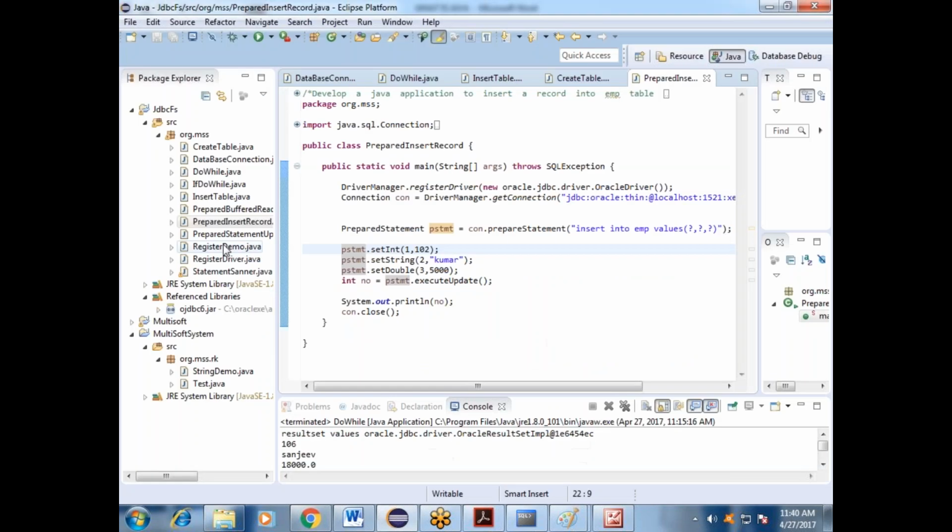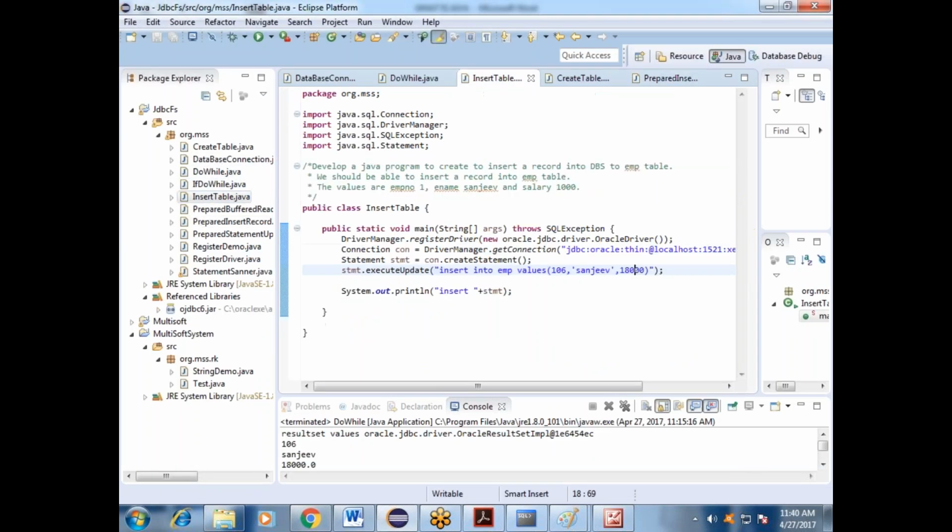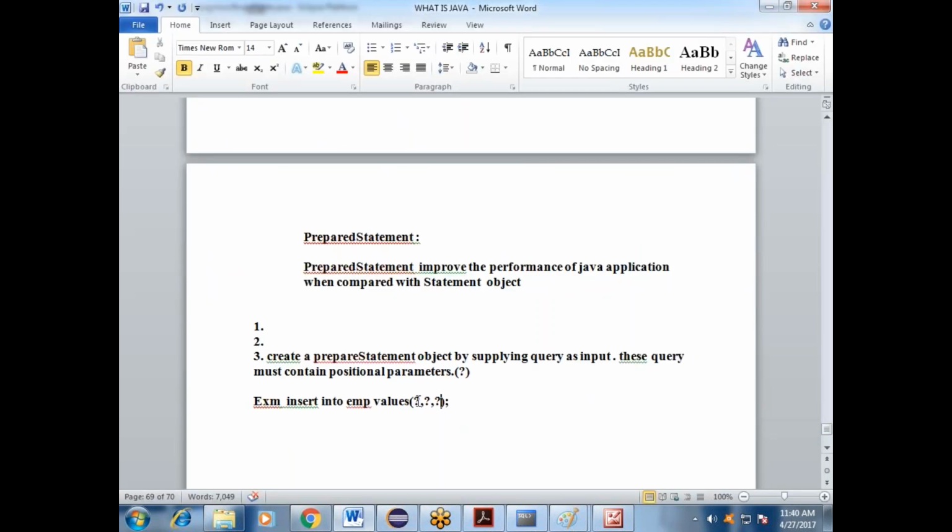Whenever we go to the simple one, we are not passing values. So on behalf of the values we pass, we insert the positional parameter. Got it?